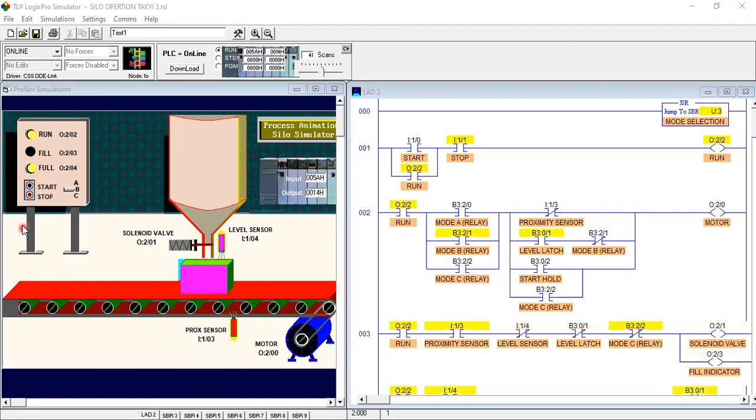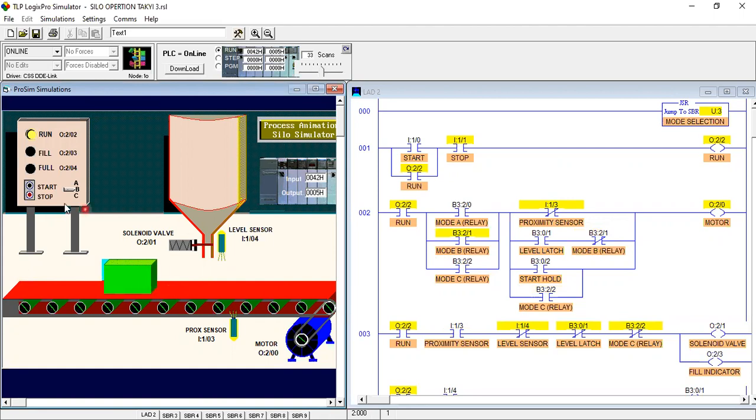As you can see, it will stop automatically, and after pressing that, it will move to other places. In our first mode, the automatic mode, when you start A mode, it automatically fills and automatically moves from one place to another, as you can see in the simulation software.